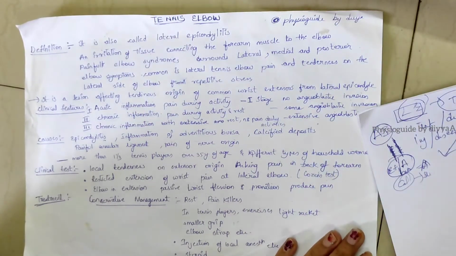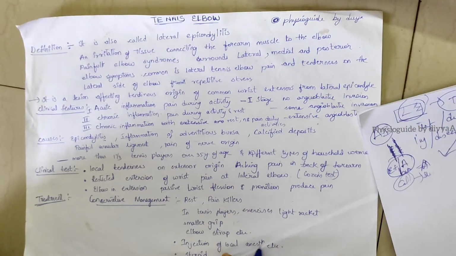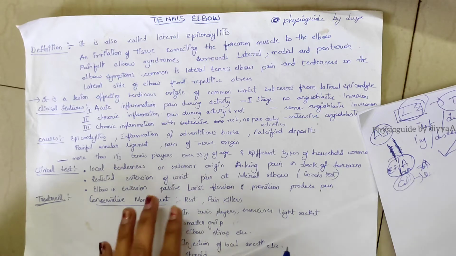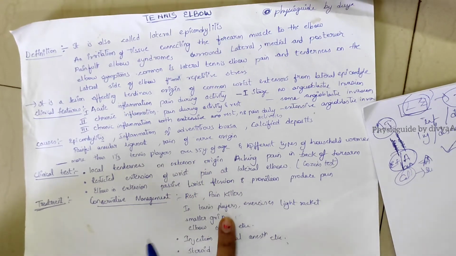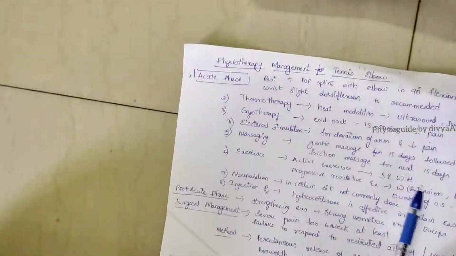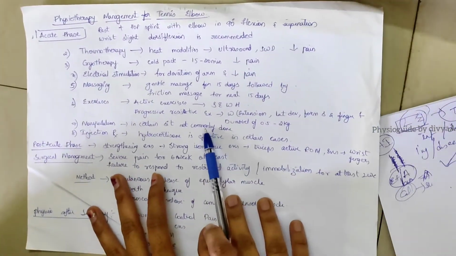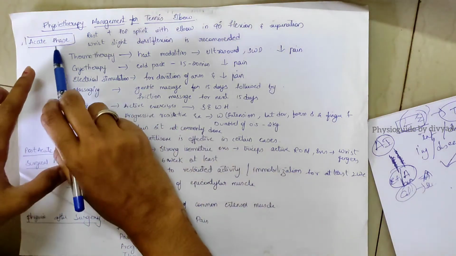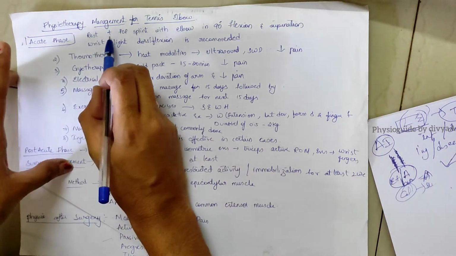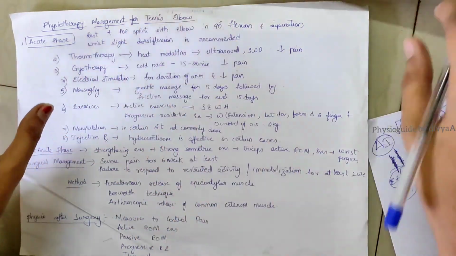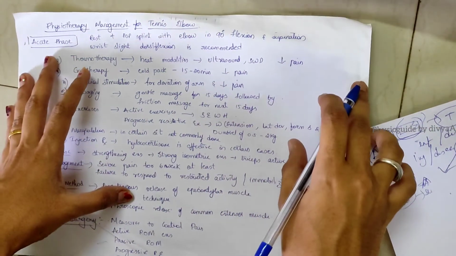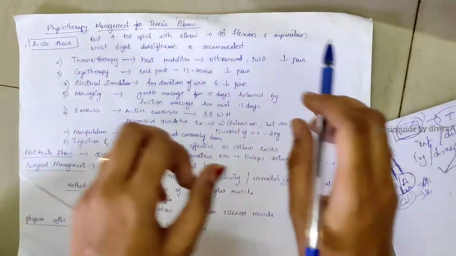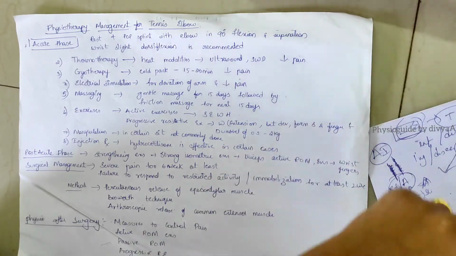Now, injections of local anesthetics and steroids should be given as first conservative methods. Stability we must give. Next one, physiotherapy management. What do we do as physiotherapists? In the acute phase only, we will first suggest rest plus a POP splint, keeping the splint with the elbow in 90 degrees flexion, like this,